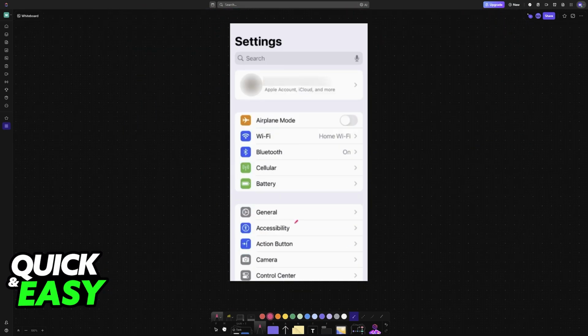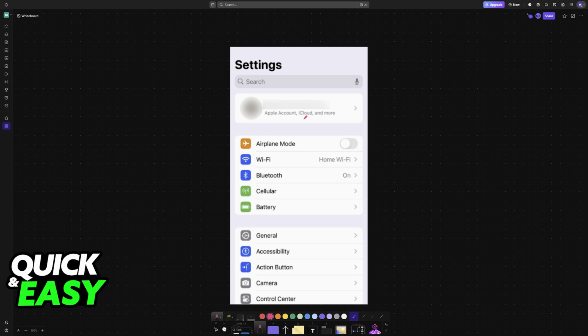So in order to start this process, first, if you want to use iCloud to do this transfer, you have to perform a manual backup before proceeding. If you don't intend on using iCloud and you have a USB cable available, I would recommend using that instead. In that case, you can skip ahead in this video, but if you want to use iCloud to perform the